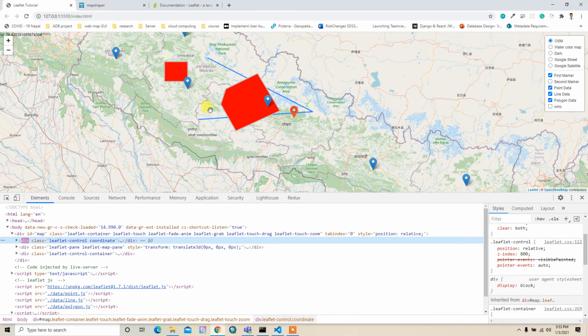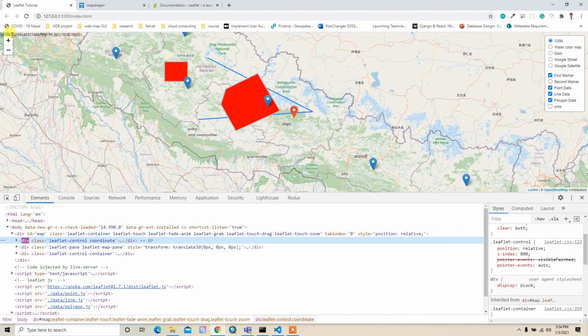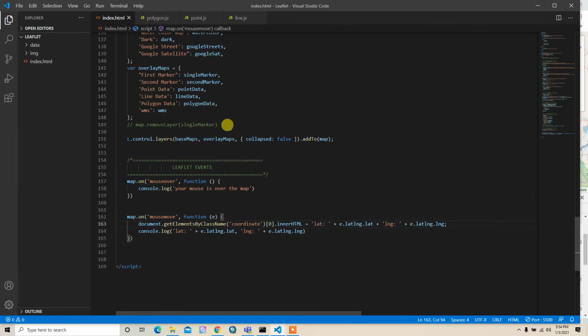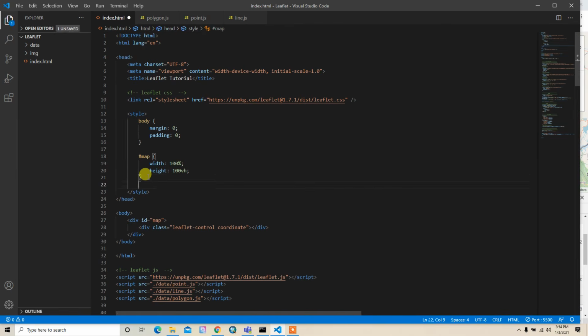So if I hover the mouse over the map, then the lat and long is available here, as you can see. So in that way you can just get the coordinate in the map. By default it will start the position from the top right corner. If you want to move this to the bottom right, you have to provide an extra bit of